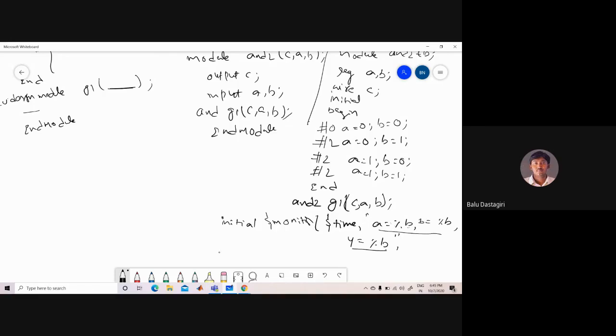So at a, I have to plot the input a. At b, I have to plot the b value. At y, I have to plot the y value. So a, b, comma, y. If you change here, say y, a, b, the values will be printed first the output, then the input.